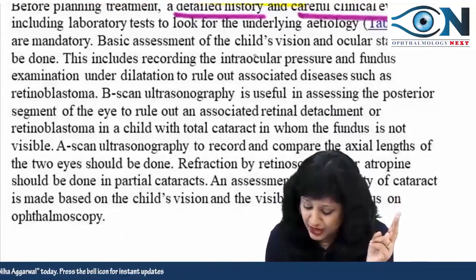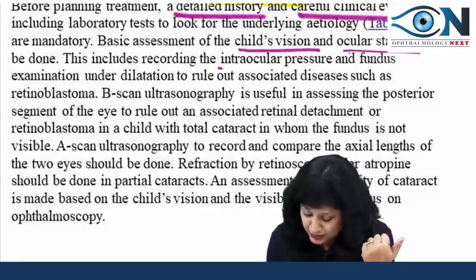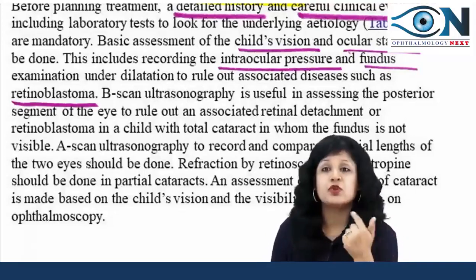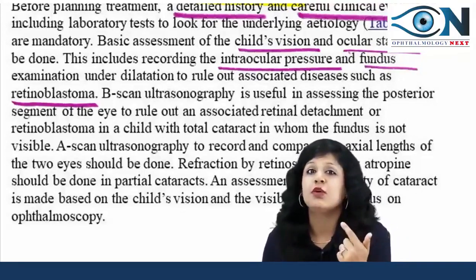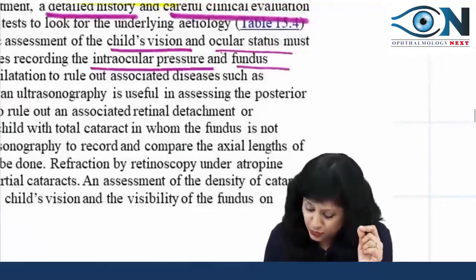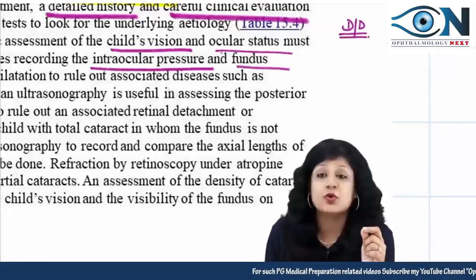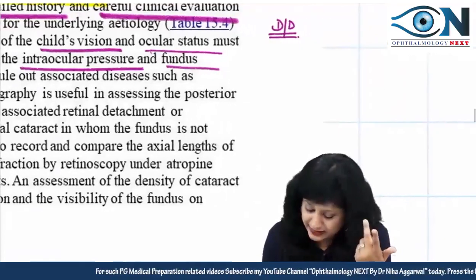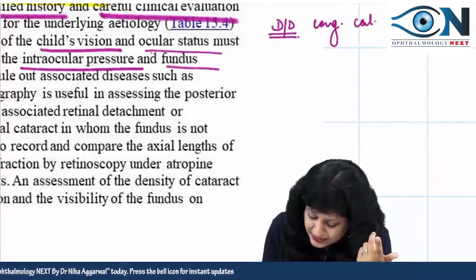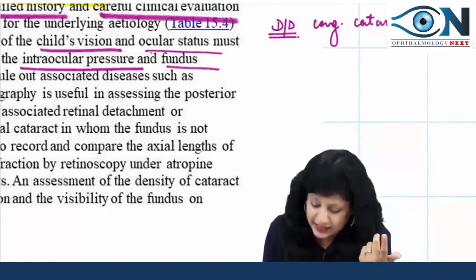Basic assessment of the child's vision, you have to see the ocular status, then you have to measure the intraocular pressure and do the fundus examination, because there could be retinoblastoma. Now here comes the importance of the DD of leukocoria. Why are we doing this? Because if you look at the DD of the leukocoria, you have got so many things. Let's revise once. We can have the congenital cataract as we are having here. So apart from the congenital cataract, what are the things I can have? We can have the